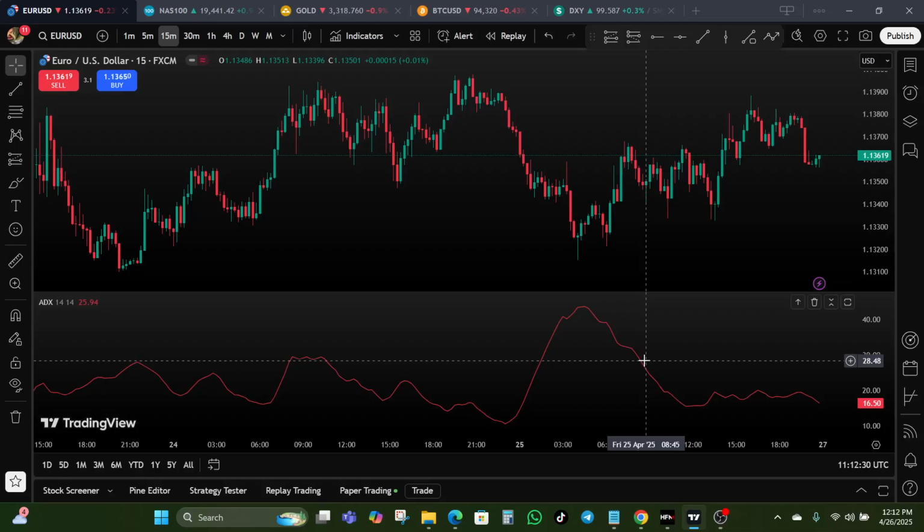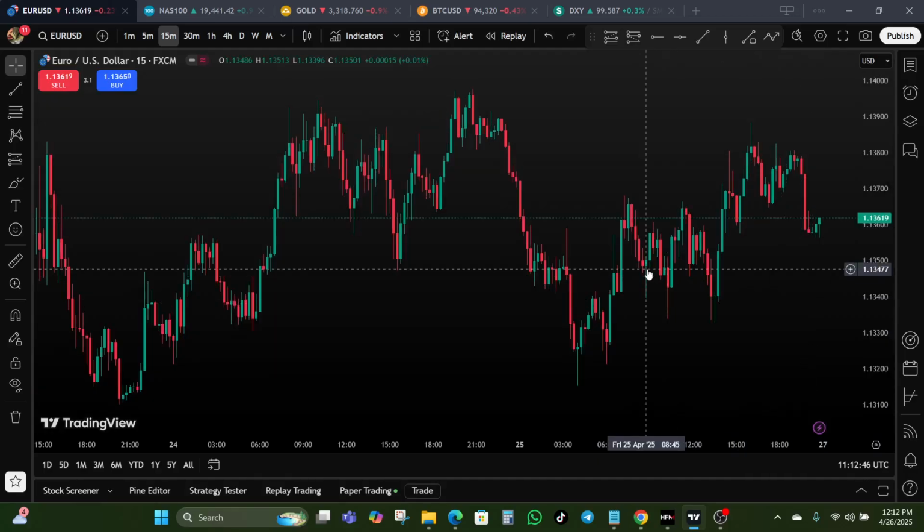But not all ADX indicators are created equal. Some versions offer better clarity, customization, and alerts. So in this video, we are just going to be looking at the best ADX indicators TradingView has to offer. First up,